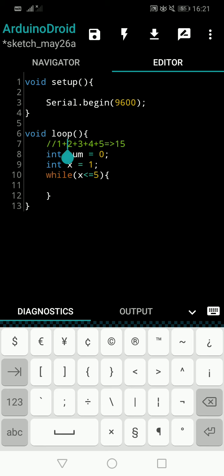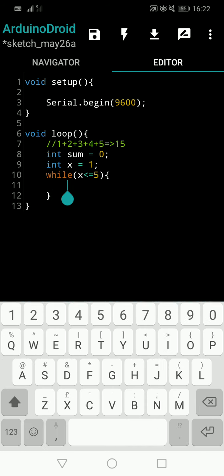So here you can see 1, 2, 3, 4, 5. All the numbers we have now made true, only those numbers. 6 will be false. Okay, so here what we will do is we are going to add those numbers one by one. That means for every iteration x will get a new value, right? 1, 2, 3, 4, 5. So at every iteration we will add the new value to the sum. That is the strategy.